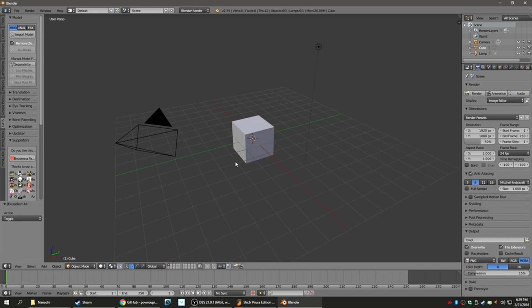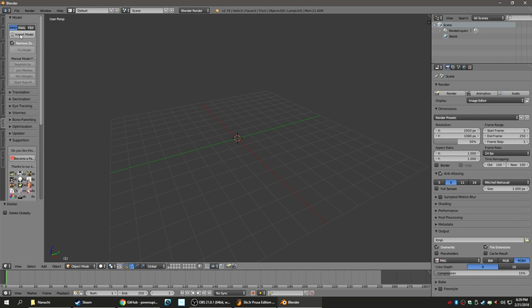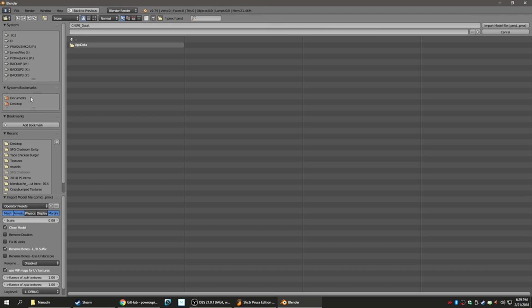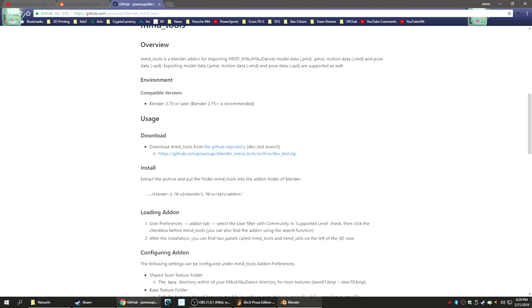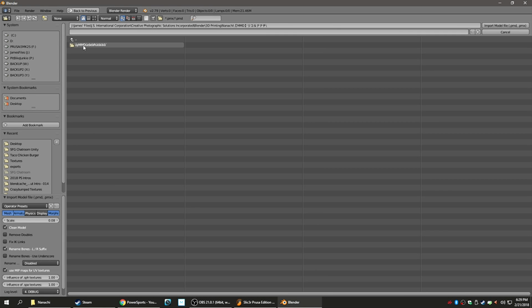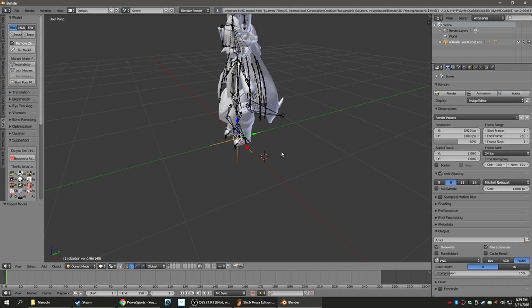Anyway, so we're just gonna delete all this junk to start, and then we're gonna import model. We're gonna go to MMD Tools, sorry. No, sorry. Okay. So then it looks like my text got all messed up anyway, so I just need to find whatever model I'm looking for. So the PMX is the MMD model, and it might be a little bit of trial and error here trying to figure out what the heck. Oh, I think we got lucky.